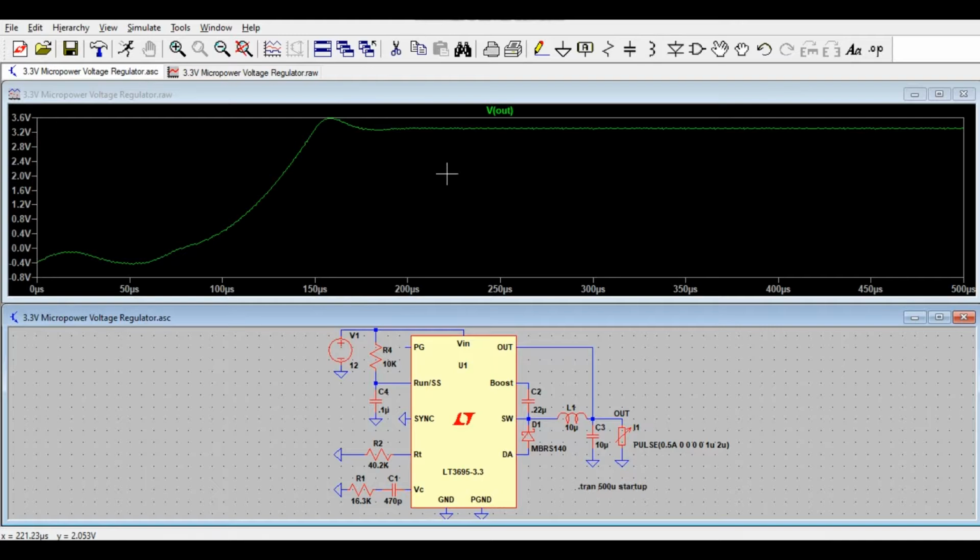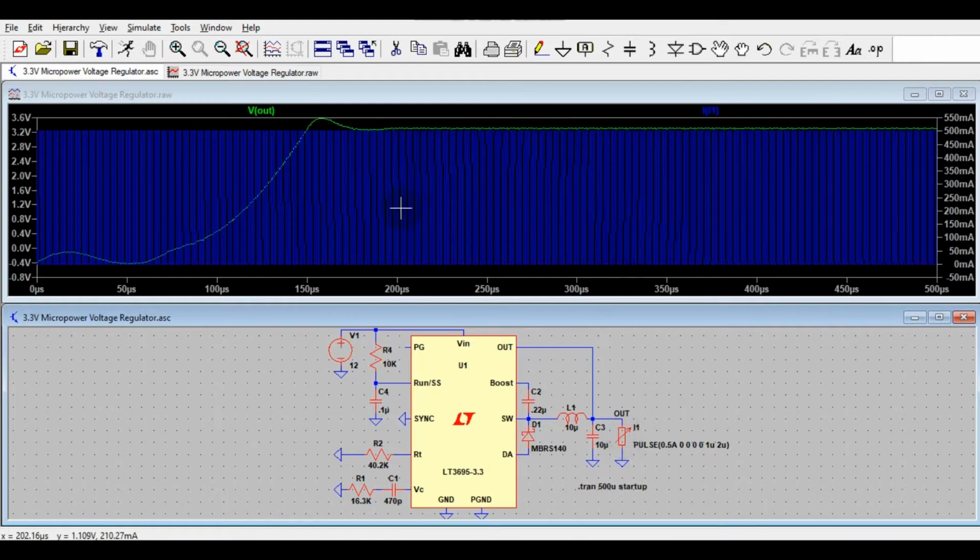So let me show you the pulsating current. As you can see here, you are drawing the pulsating current, and the amplitude of current for this application is 500 milliampere, and the on time is 1 microsecond.